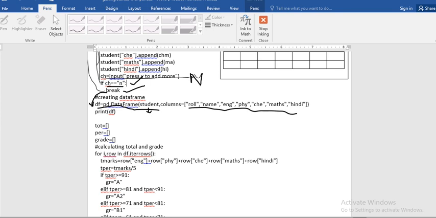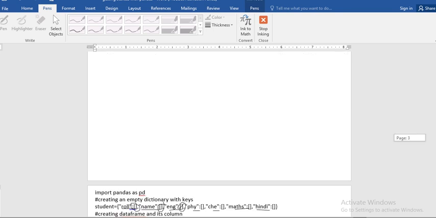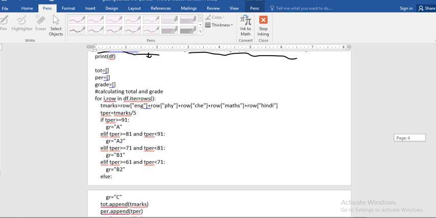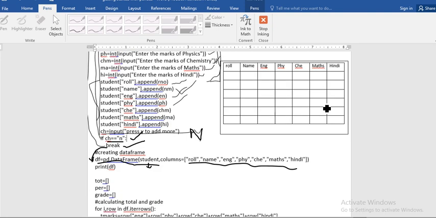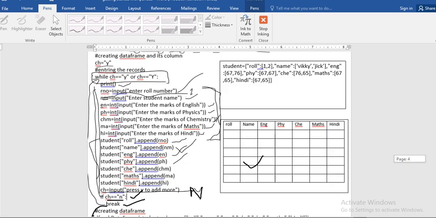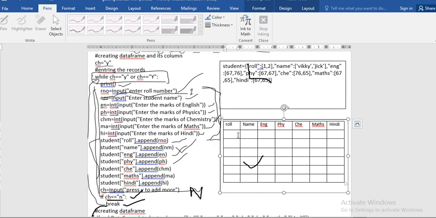It means it creates a data frame of the data that you stored in the dictionary, means 1, 2.